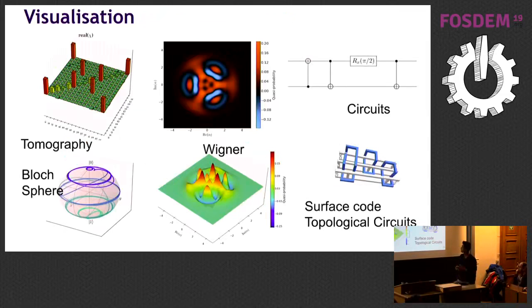And of course, who doesn't like beautiful pictures? So QuTiP has amazing visualization tools, the evolution on a Bloch sphere, Wigner function plots, tomography, and of course, the quantum circuits part is there, but the backend is, I think, QCirc. And then I recently tried to implement something from a Japanese researcher who built a very beautiful JavaScript library where you can drag and drop your circuit and it builds you a topological description like that. So this is like a very low-level hardware description of your circuit.